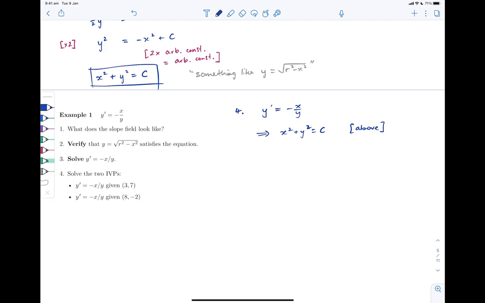And now if I substitute 3, 7 to find c, then what I get is 3 squared plus 7 squared equals c, or c equals 58. And so therefore x squared plus y squared equals 58. Now, tempting to leave it there,